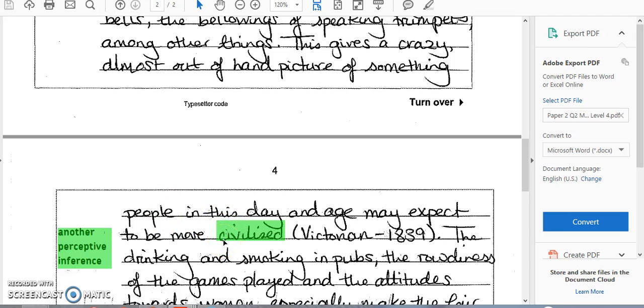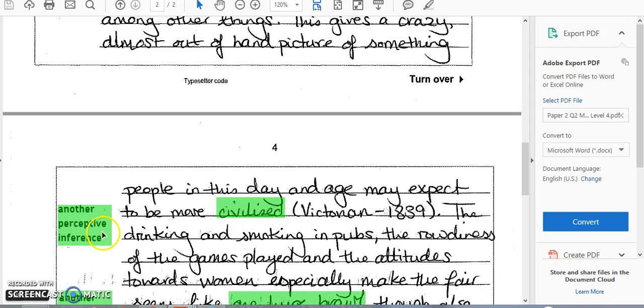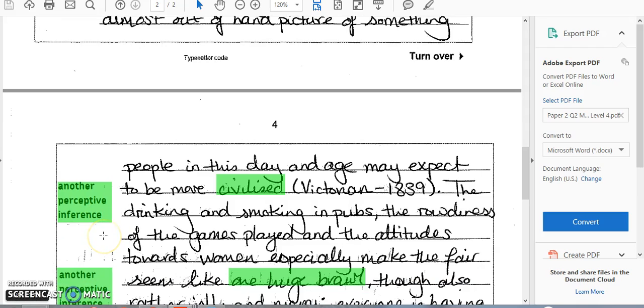We get this idea that Victorian culture was very civilised. However, it's clearly not. Greenwich Fair is clearly a very uncivilised place, more dangerous, less civilised than a festival that we, these days, associate with being a bit anarchic, a bit chaotic, Glastonbury. So again, a really strong perceptive inference there. And they're going beyond what's written,